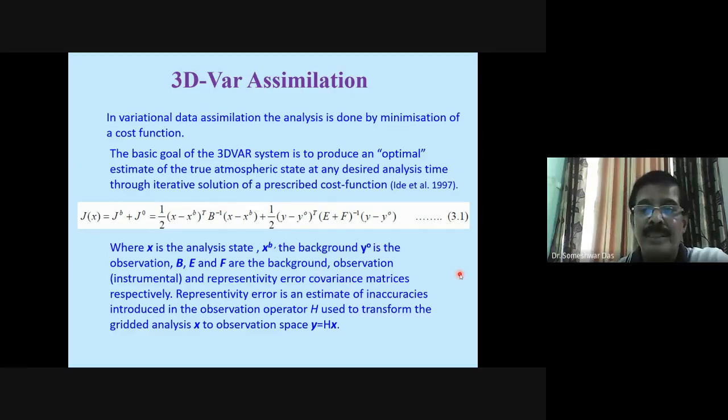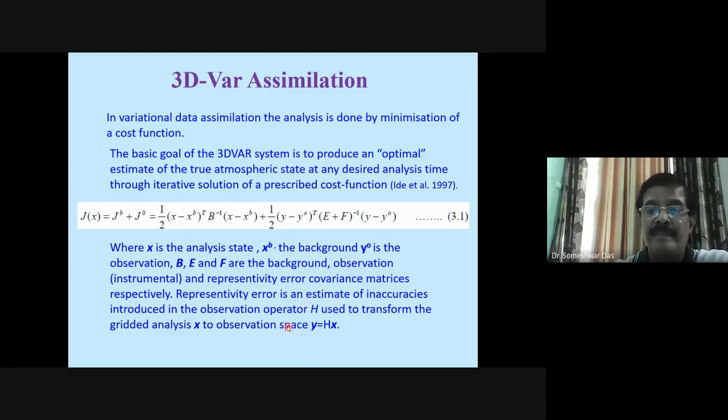We use an observation operator to map the observations, which are unconventional observations like reflectivity, Doppler velocity, and radiance from satellite, and relate them to the model variables.